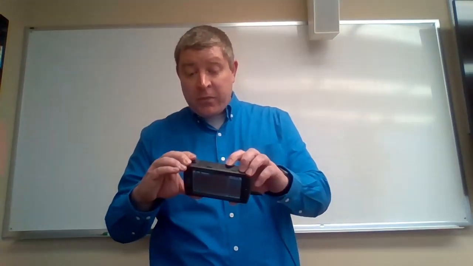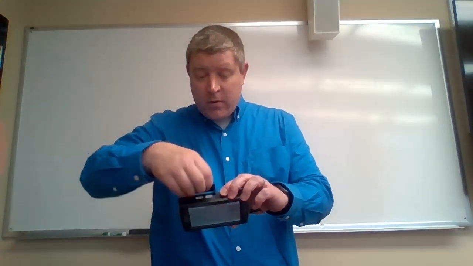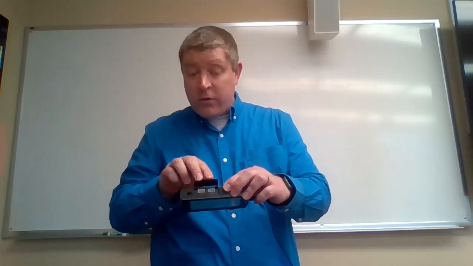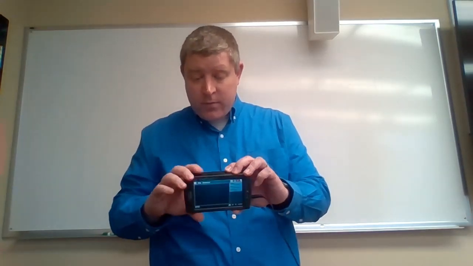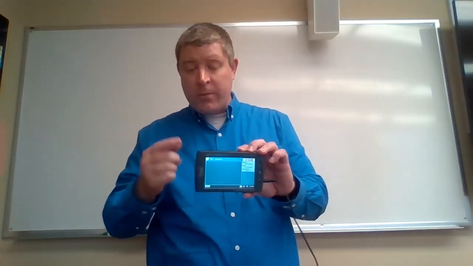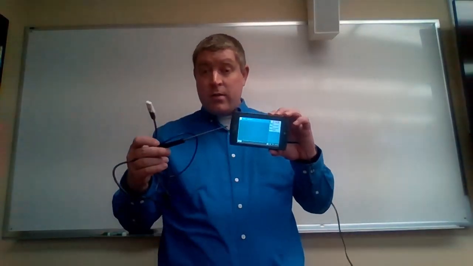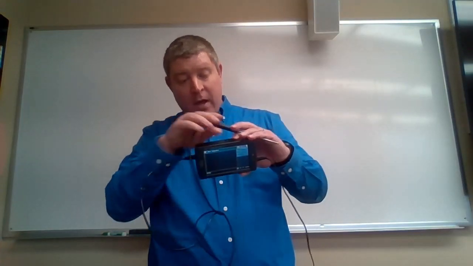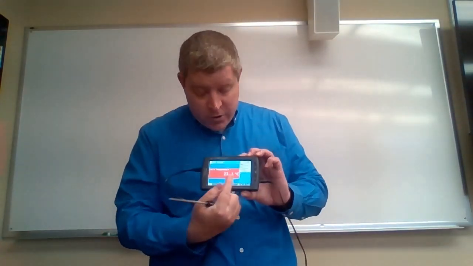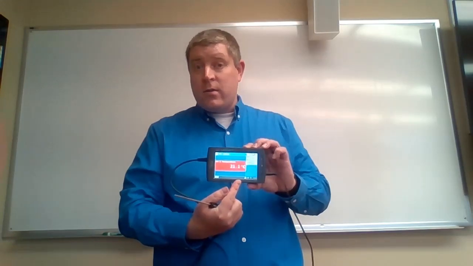Down the left side, you have a USB port, and then there are 3 analog probe ports. On the top, there is a digital port behind this rubber door. We're not going to be using the digital ports in this experiment, but we will in later experiments. We're going to use the ports down this left side to plug in the temperature probe. Let me plug that in, and you should see fairly quickly the temperature show up on the LabQuest in